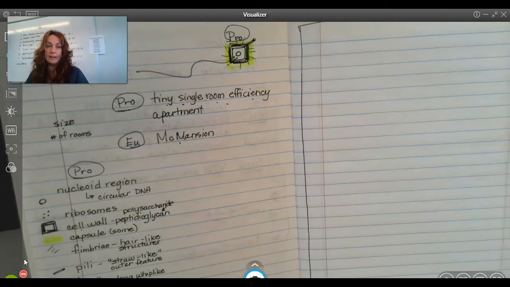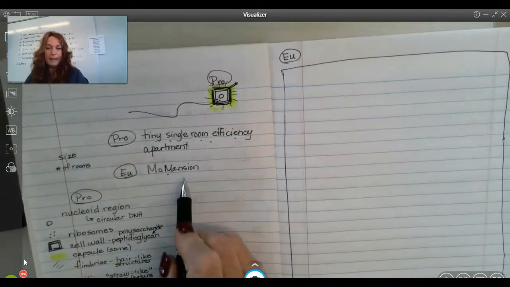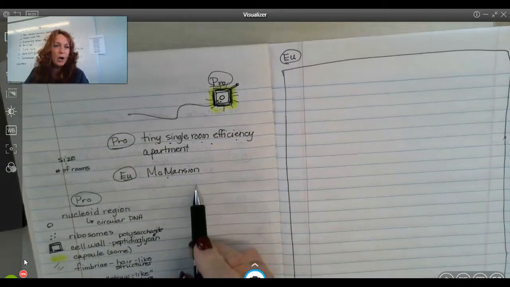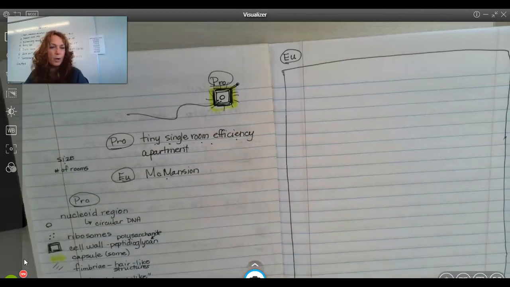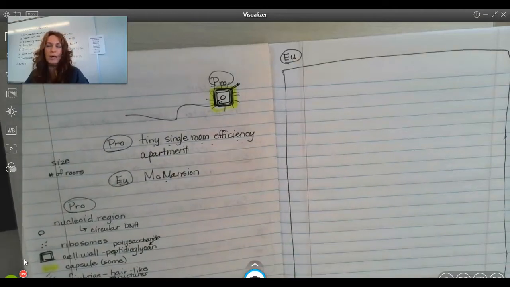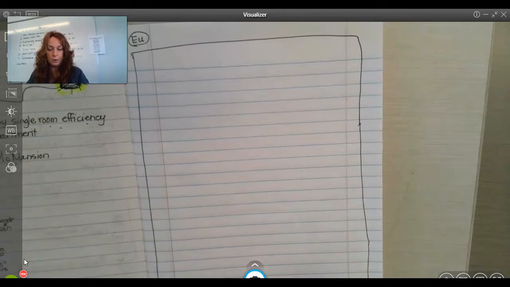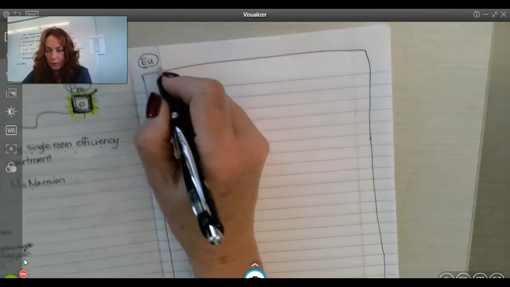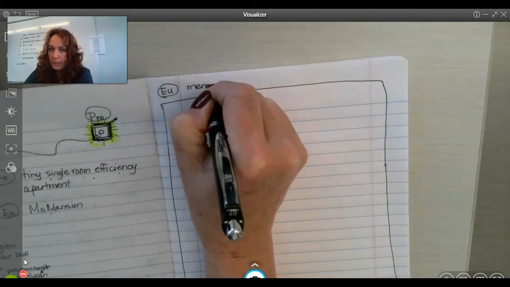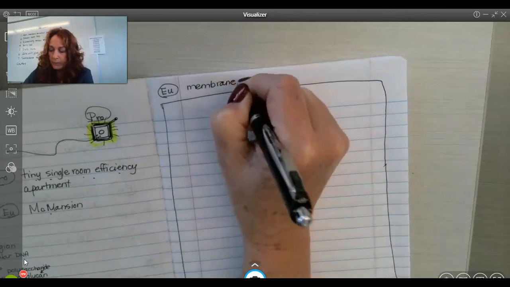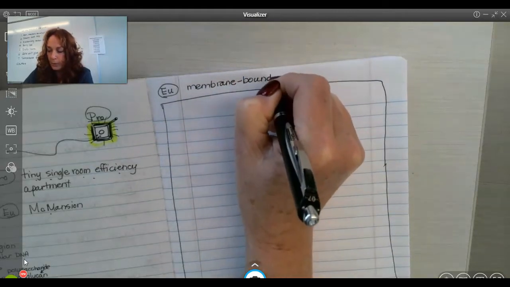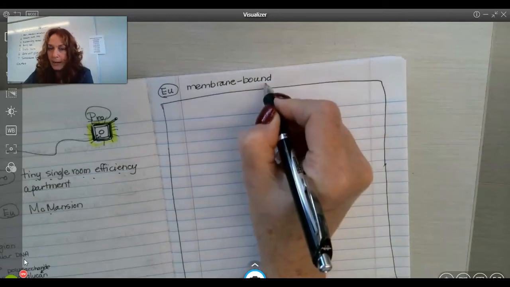Totally different mindset with eukaryotic. Eukaryotic, everything has its own separate space. So, you know, if you have a McMansion, you might have a dog bedroom bigger than this whole apartment. You could have all kinds of things. So you're going to have, eukaryotic has membrane bound, which we're going to work on what membrane means. So surrounded by membrane